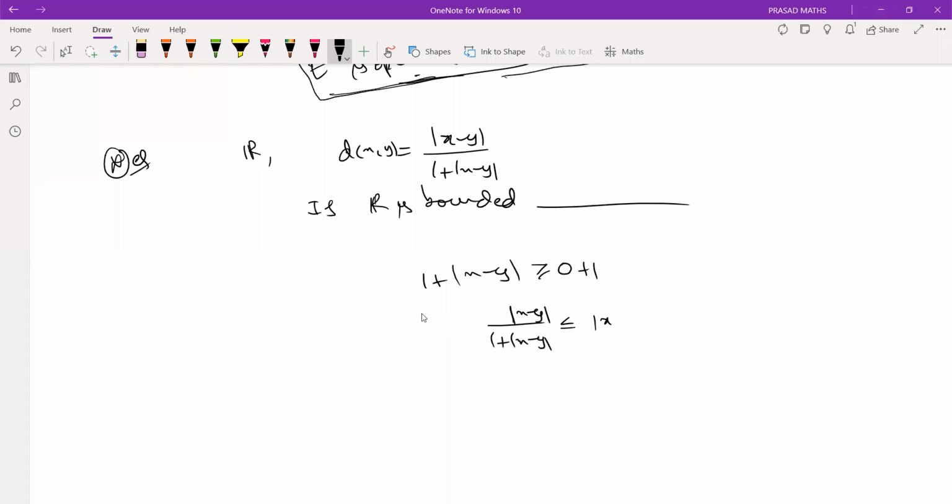So that means what I'm trying to say is this value is less than or equal to 1. In fact, this value is less than or equal to 1, by something that is less than or equal to 1. Yes or no? Right? In fact, you can write it as, you know, this can be written as